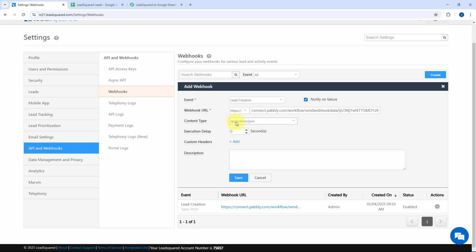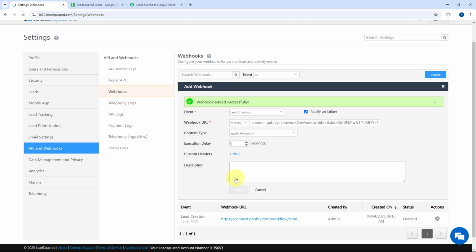Then in content type, by default, we have selected application JSON and we have to continue with it. We are not going to add any kind of execution delay, so we are just keeping it on 0 and don't have to make any other changes too. Just click on Save. And as you click on Save here, you can see this webhook URL is now added